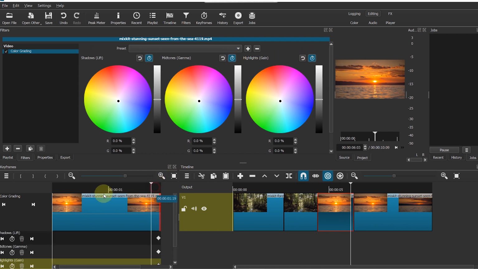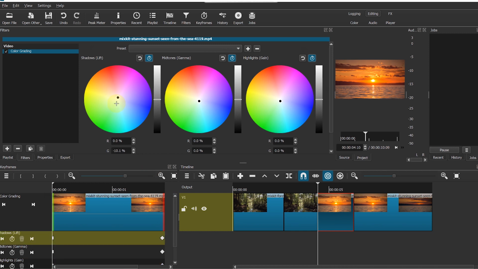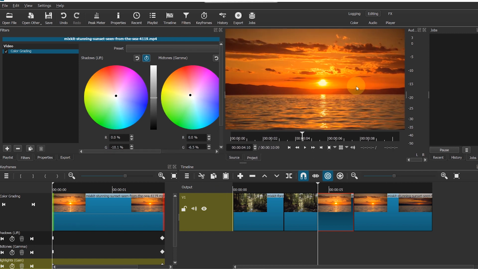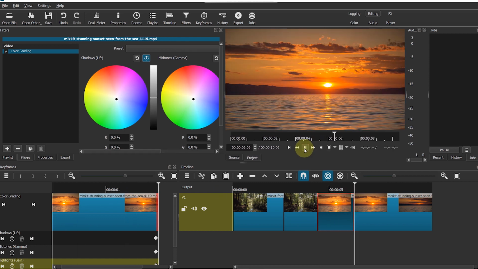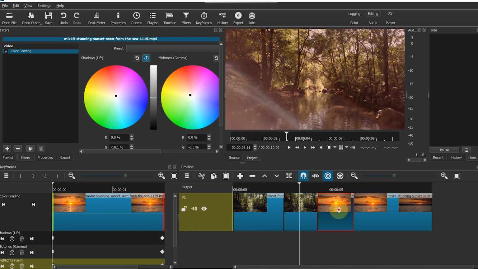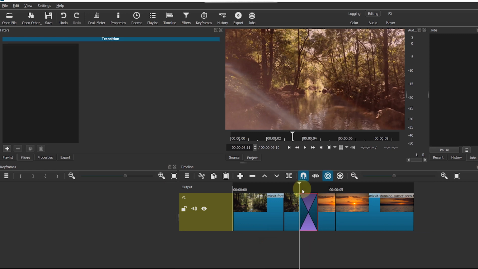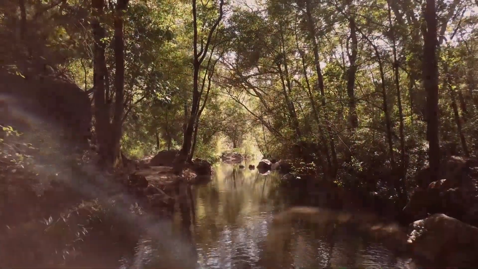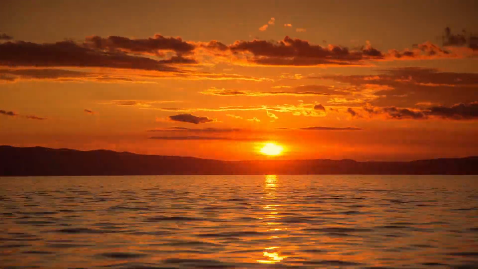Then move your playhead at the beginning of the clip and here we will add more orange color to the clip. Go to timeline. To create dissolve transition, we will move this second clip over first clip. Now we have this nice interesting transition. Let's take a look at the next transition.